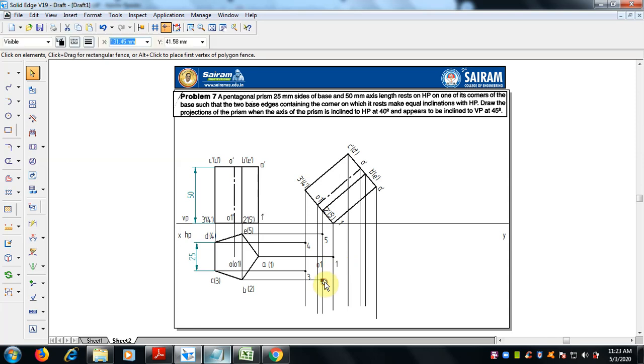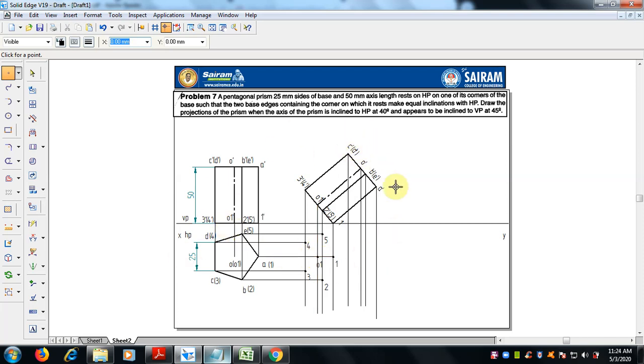So select properly and keep it exactly on the end point. Okay, so 1, 2, 3, 4, 5, this is the bottom face, and this is the axis where the intersection symbol comes, there we can keep it, no problem.